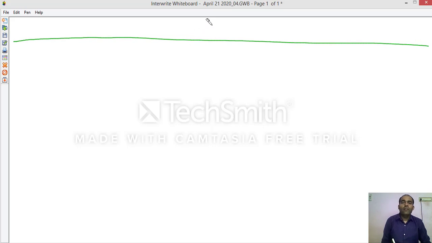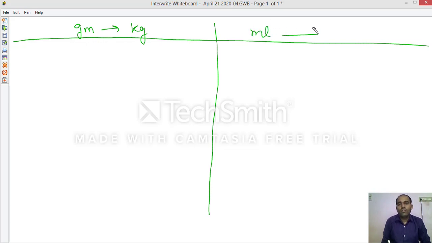Now you have learned how to change kilogram to gram. Now you need to understand how we will change gram to kilogram and milliliter to liter. If he says 5000 gram change into kilogram, you need to remove 3 zeros and it will be changed into kilogram.